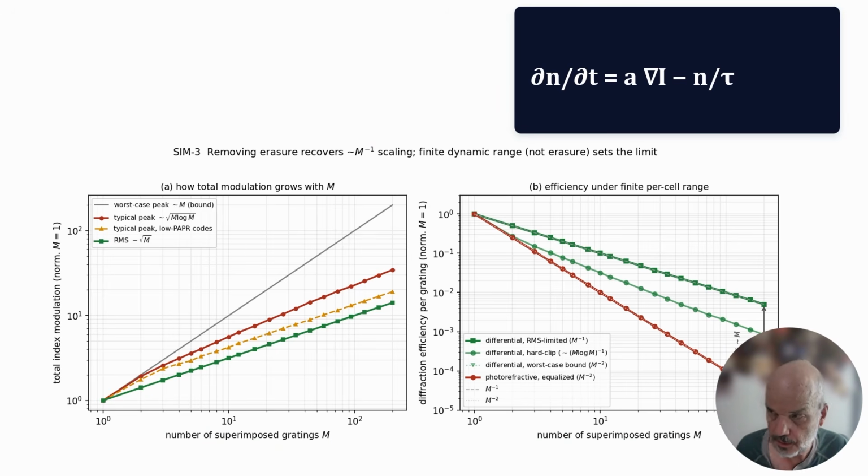The dynamical equation now would have a decay that could be independent of the illuminating field, but doesn't have any decay based on the current state of the illumination. So the decay term at the far right doesn't depend on the illumination. As shown in simulations in the paper, this allows us to overcome the 1 over m squared loss in dynamic range and get back to a system where the dynamic range would either be constant or the modulation would have to grow as a function of the number of gratings, but we no longer have a dramatic loss in capacity due to this control problem.